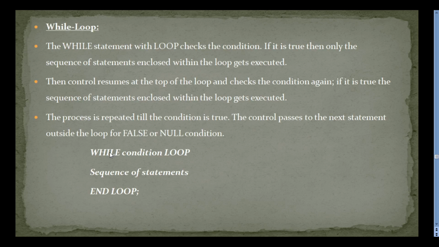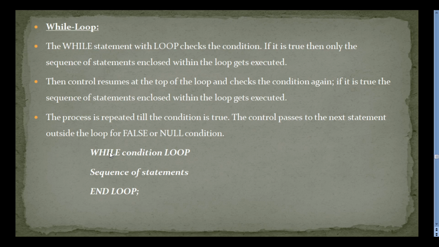And coming to the while loop. For every looping condition you have to write loop and end loop. While is an entry control loop, so first of all it checks the condition. If the condition is true, then those statements are executed. At the end of the loop, the control variable is incremented. Again the condition is checked. If the condition is true, again the block of while statements is executed.